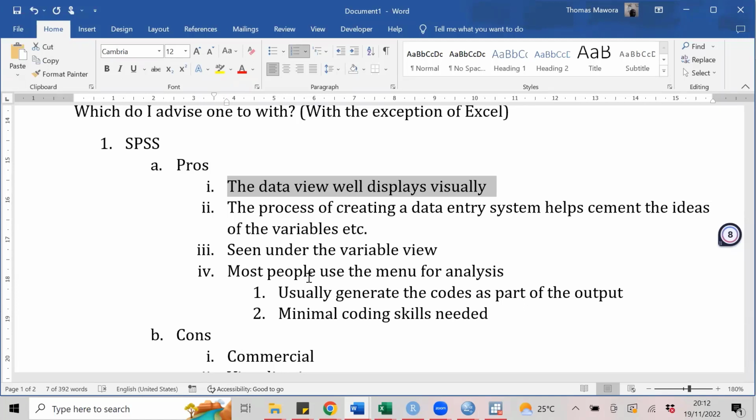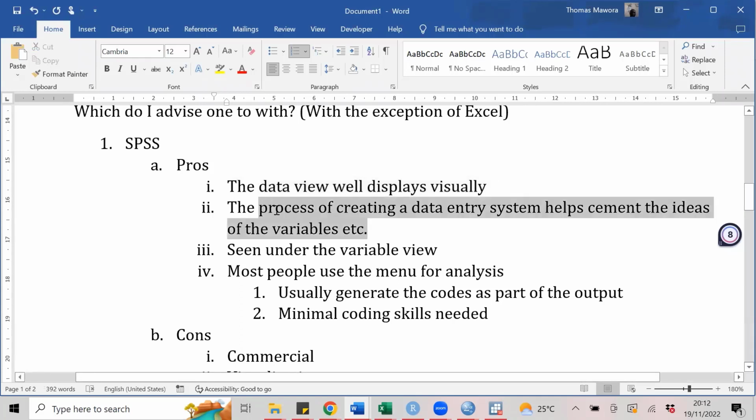They can switch between views. And most importantly, the reason I really like it is before people enter data, there is a process of creating that data entry system. And that helps anybody to understand the idea of types of variables. And I really like that about SPSS.